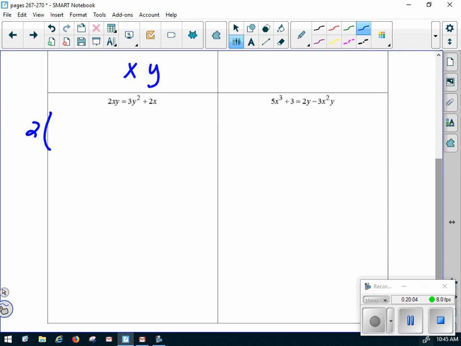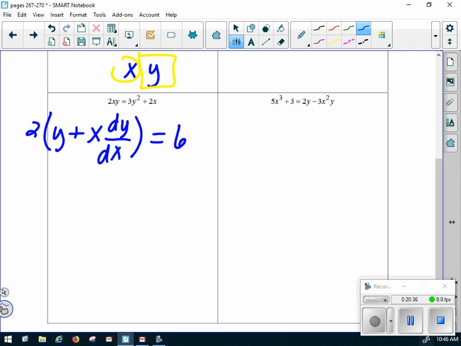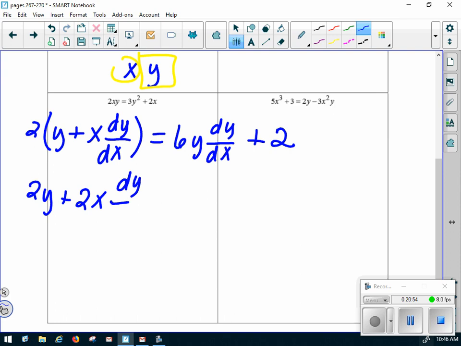Product rule: derivative of the first, 1 times the second, plus the derivative of the second, dy dx, times the first, equals... Tell me if I lose you, okay? So we've got 2y plus 2x dy dx equals